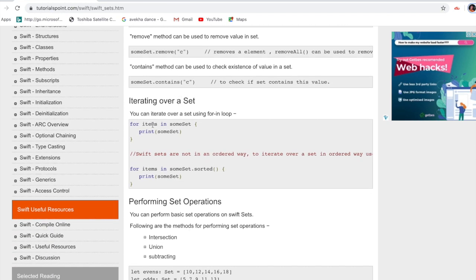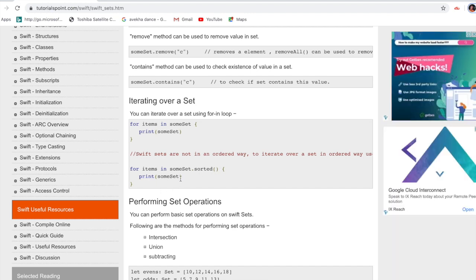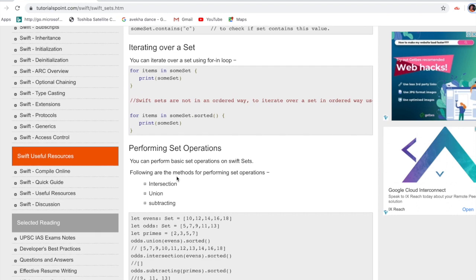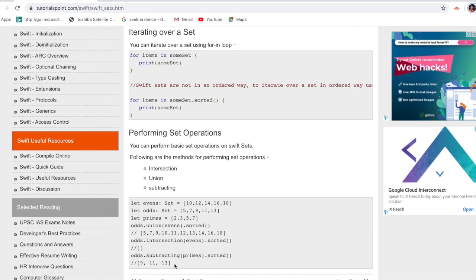Then iterating over the set, this is the format: for item in set dot sorted, then print that stored variable. So let's see one example.